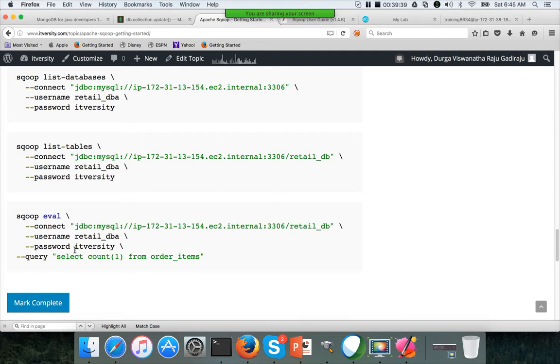So typically we log that information of each run, after each run, into the database. So you can use the sqoop eval command to connect to the database as part of your main application which performs the data integration on a daily basis to insert or update that logging information.